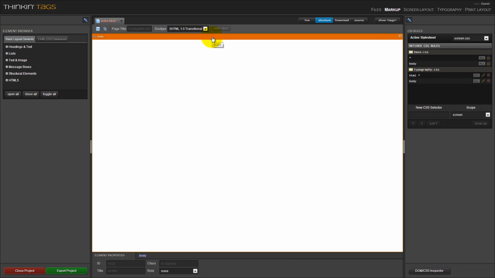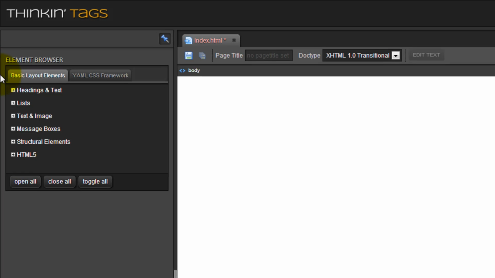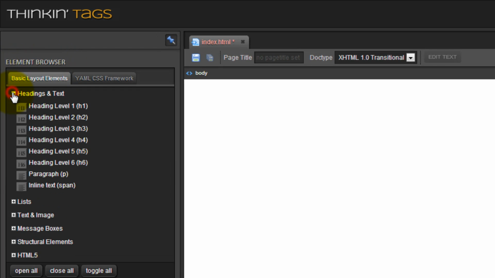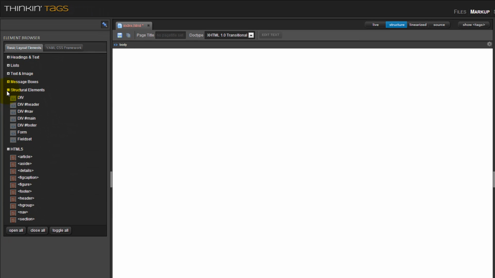Like you can see here, I can click on it, so it's much easier to select them even if they are nested. In the markup section you will find the element browser in the left panel. Within the element browser you find several groups of elements that can be dropped into the layout. As you can see here, these elements are currently disabled, so I can click on them but I can't drag